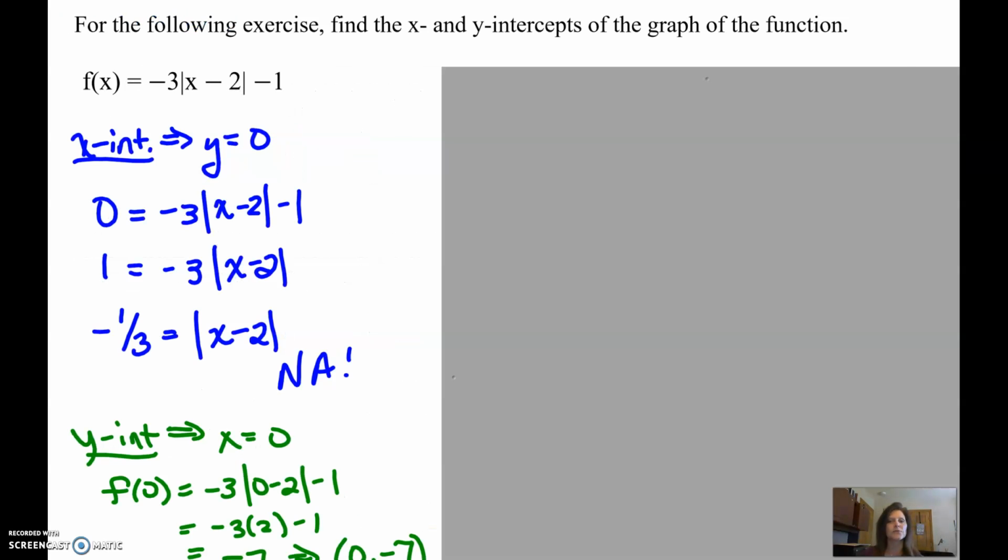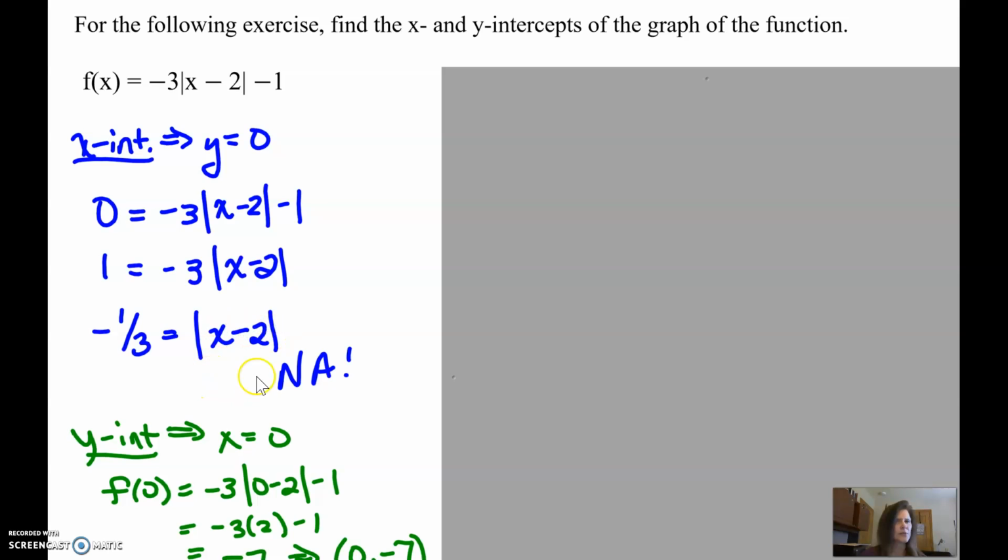Now let's talk a little bit about absolute value functions and some graphs for those. If I have absolute value functions and I want to find the intercepts, what I'm asking for is where it crosses the x-axis and where it crosses the y-axis. The nice thing about intercepts is that I'm plugging in a 0 for something. In the case of x-intercepts, I'm on the x-axis, so I haven't gone up or down for the y value. Y is 0. So when you plug in a 0 for y, that means f of x is 0, and then I have an equation to solve. If you recall, we're going to isolate the absolute value, so we'll add the 1, divide by the negative 3, and